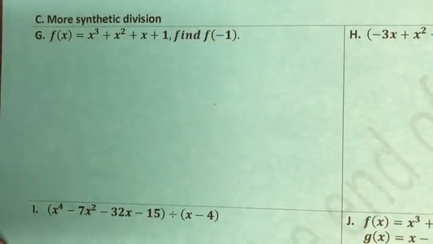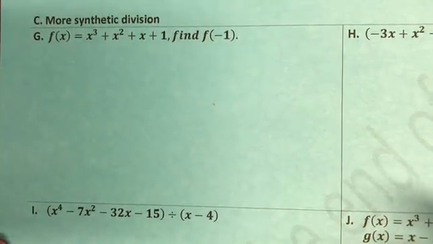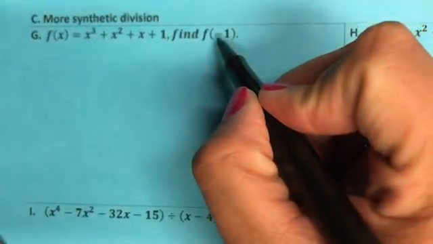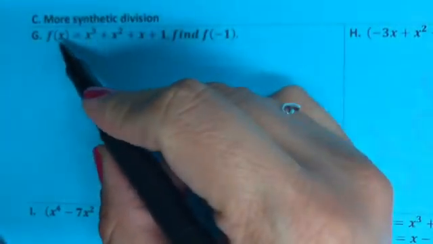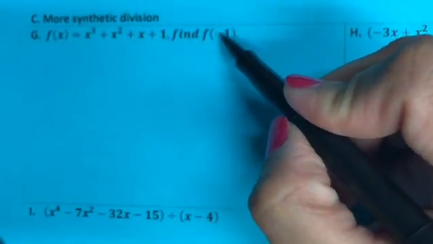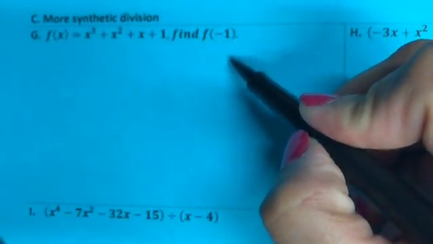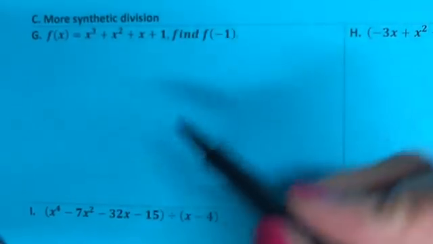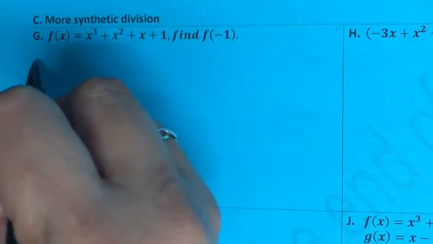Morning. Let's go ahead and look at more synthetic division, and this is example G. We're going to say that f of x equals this polynomial, and we're checking to see if f of -1, what the solution will be when I divide it into that polynomial. So it's going to go -1,